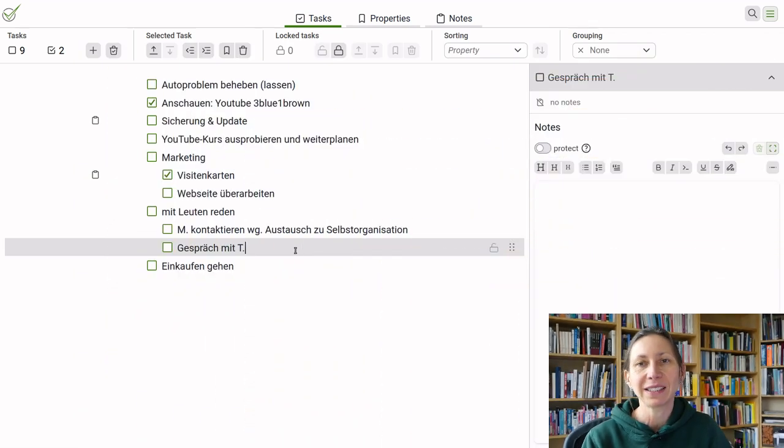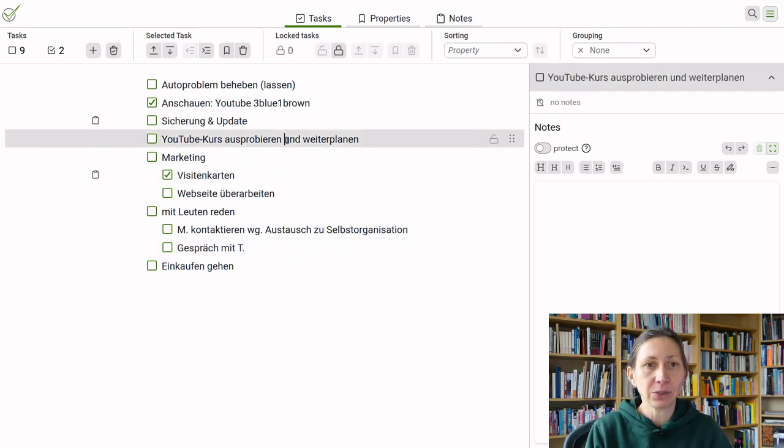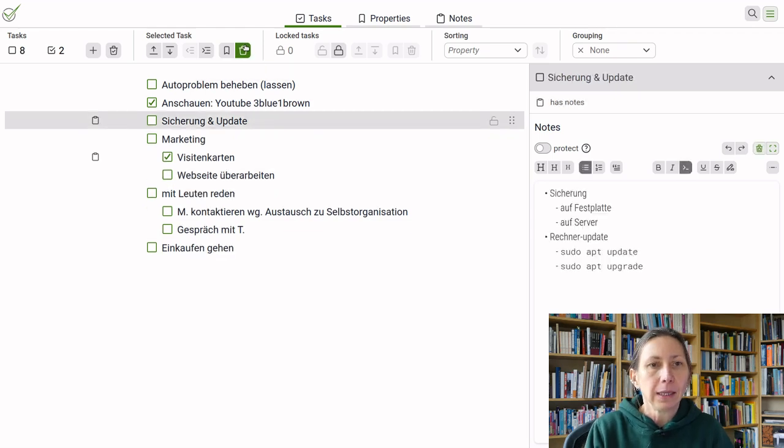So whenever something comes up and you feel like you have more information that you don't want to forget, just type it in right at that moment. So now during the day, you have probably collected new tasks, you have changed them, maybe you have added subtasks, maybe you also deleted tasks. I didn't show you that before, but here there's the delete button. So if you don't want this, you can just delete the task.